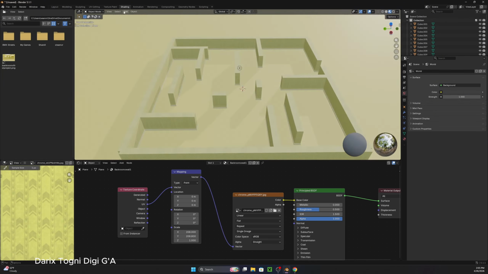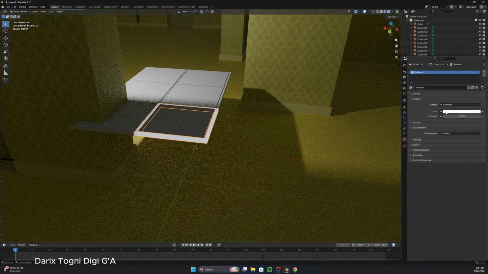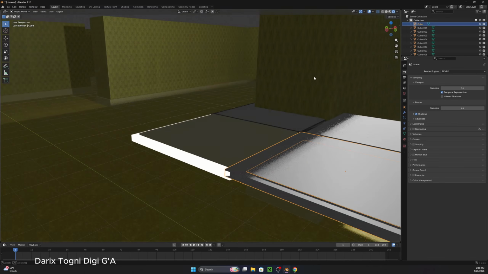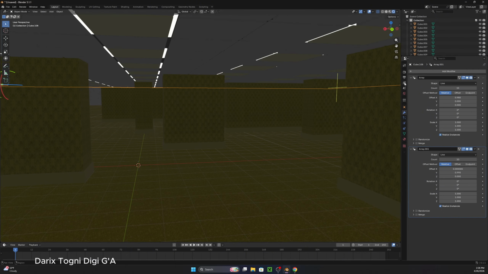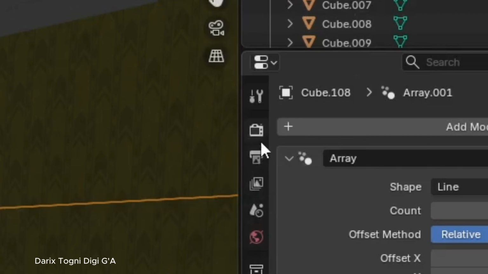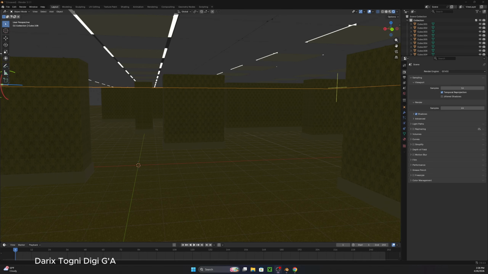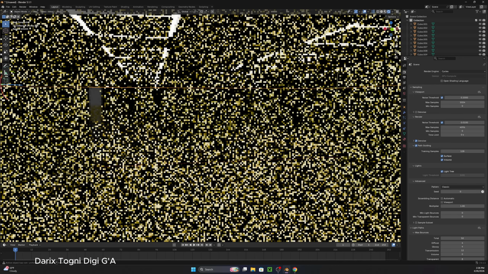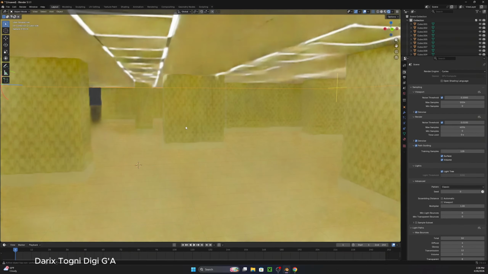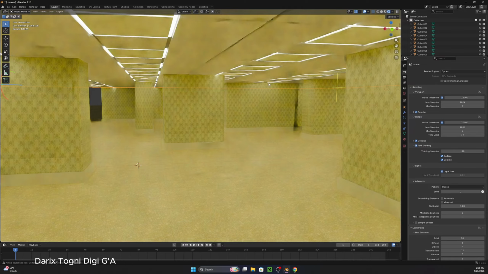You know how there's walls around it? And then I started adding the lights to it, too, because you have to make the ceiling. And then, if I go back to the render, and I make it Cycles. Holy crap. Yeah, now you can see it. So, okay, that's a little bright, but if you look at it,